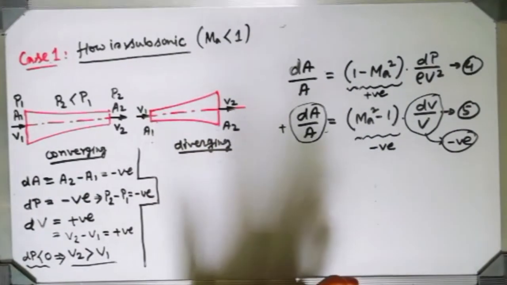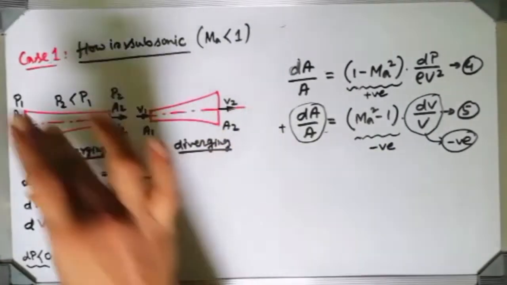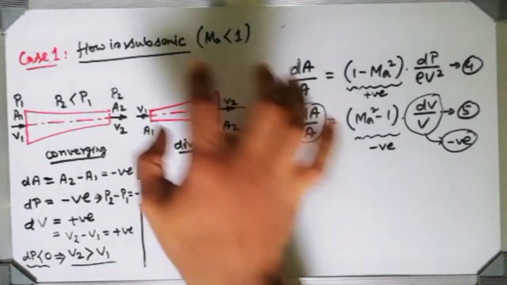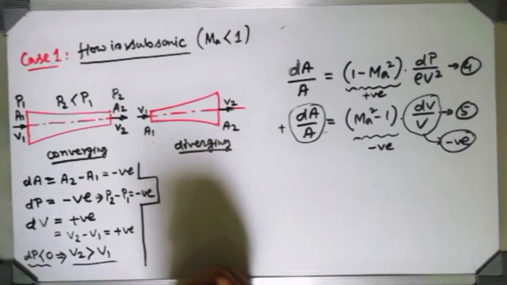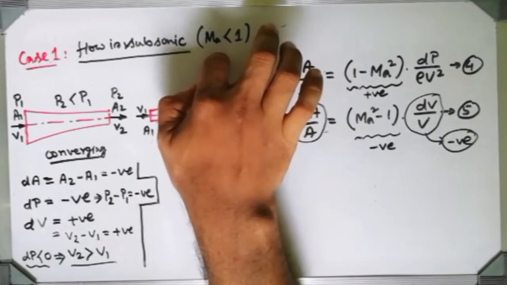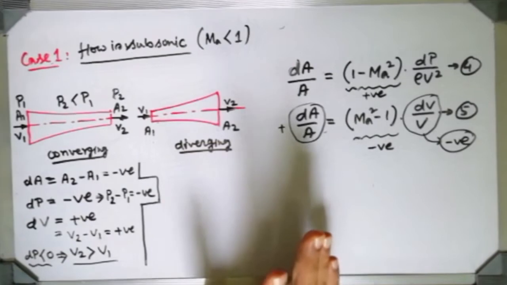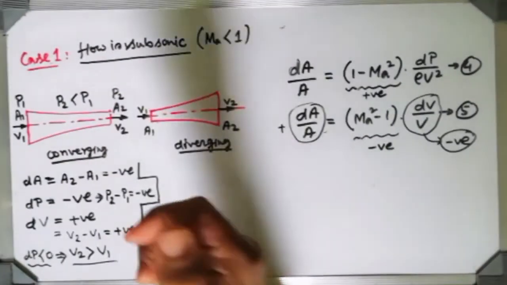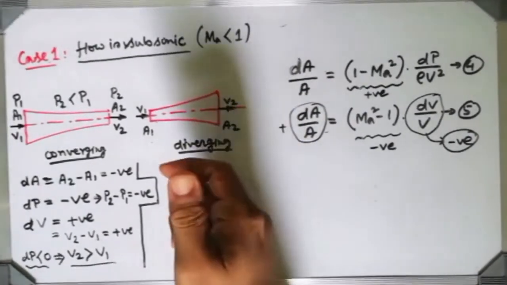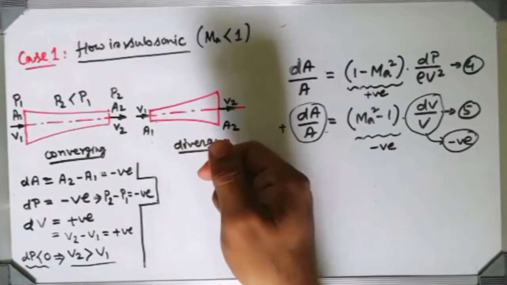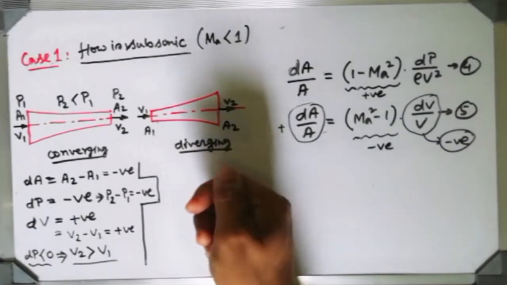Ideally or theoretically, and practically also, it will occur. While this kind of converging section is there and the flow is subsonic, basically in our daily practice we actually deal with flow which is subsonic. It is very difficult to achieve supersonic flow, not very easy. So suppose a fluid is flowing through a garden pipe, and the garden pipe at the outlet has a converging shape like this. By pressing your finger you can also produce that kind of shape.